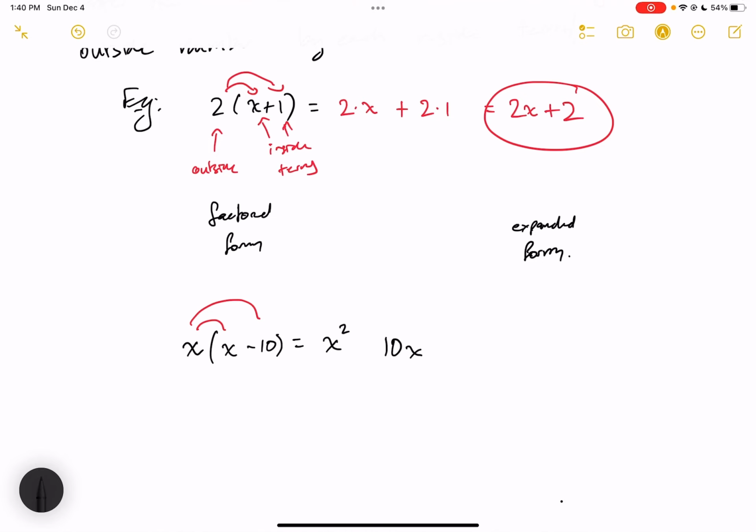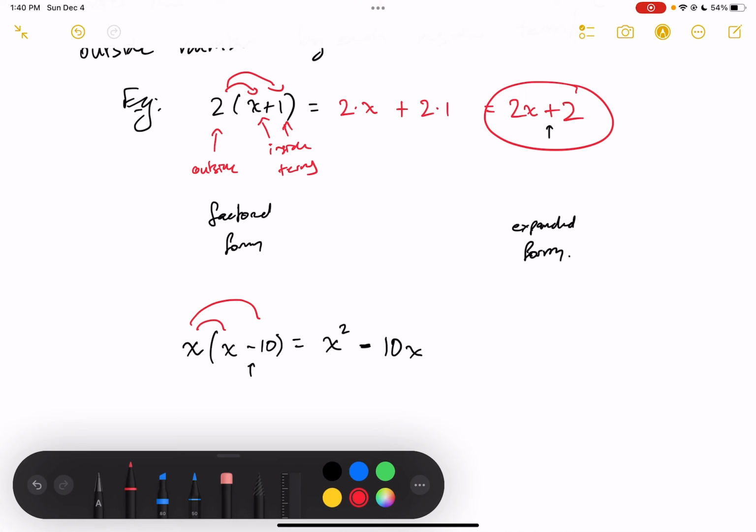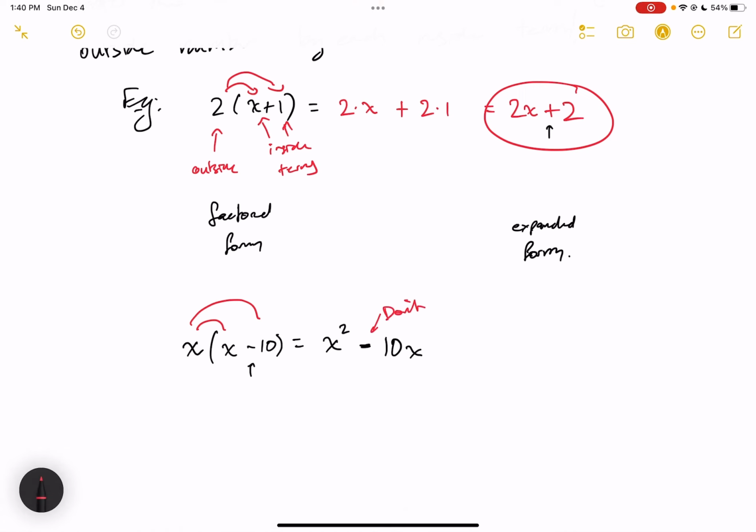Now, unlike before when we had a plus sign, this time we have a minus sign in between. So in between the x squared and 10x, we're going to replicate the sign as minus. So make sure you replicate the sign. I will make a note of that right here. Don't forget the same sign, or else